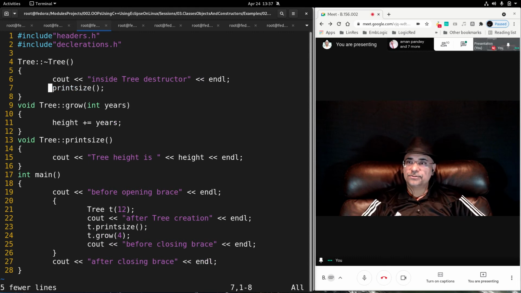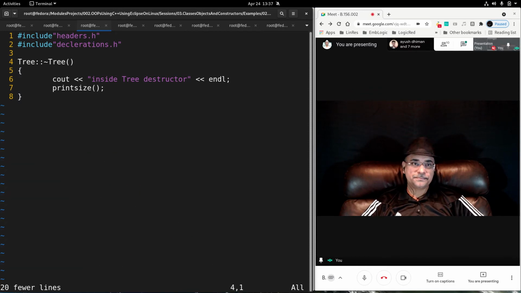This is the destructor function. The rest everything remove. Okay.